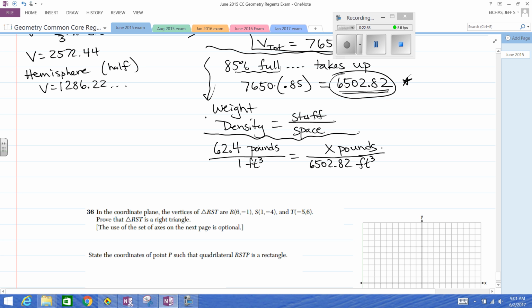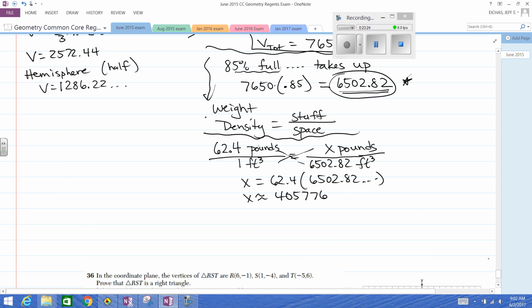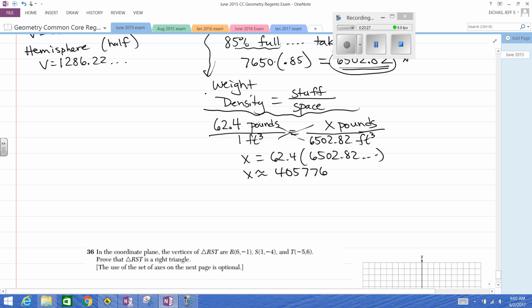So now, basically all this proportion tells you to do is whether to multiply or divide, and some of you can probably figure that out without doing all this. But whatever 62.4 times 6502 is, and when I do that, I get about 405,776. Okay, so here's what we then have to do. We can see that it's too much. So we have to answer the question, can we fill it without exceeding this weight limit? The answer is, let's say no. We cannot